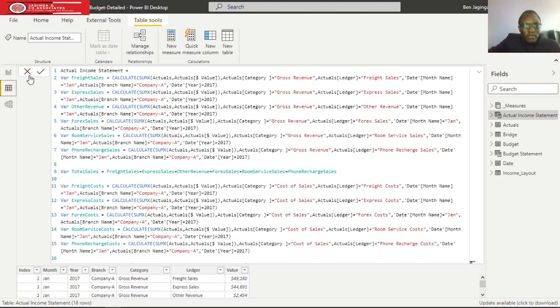So here you can have freight sales, then the expression, rather the formula that I've used to calculate the freight sales, just calculate sum x, and then of course we have our table, which is the actual, and then the expression is the actuals. The expression is within the column of the value within the actual table. So again, we need to filter out the revenue column